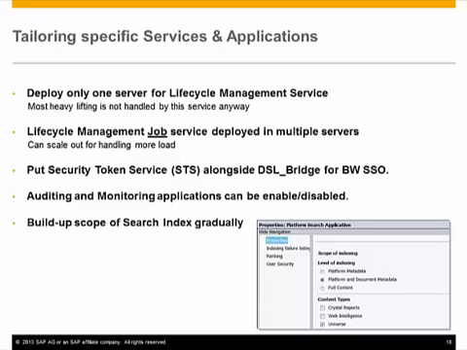The reason why we recommend that is usually for patching reasons. If you come across any issue where the tool isn't working as expected, or your jobs are failing because of some product issue, you have the flexibility of patching your lifecycle management service or lifecycle management box independent of your BI 4.1 system